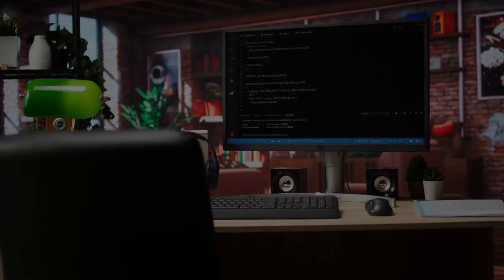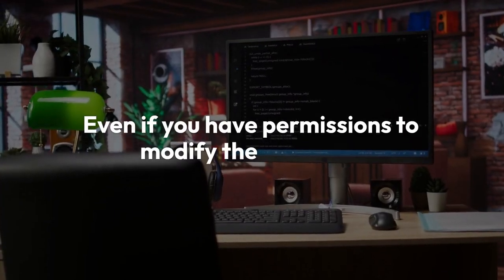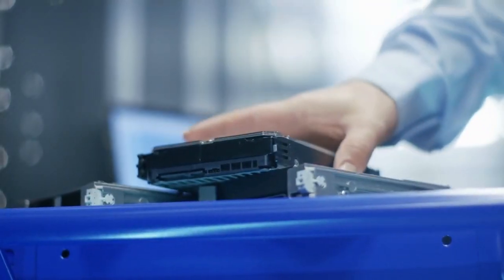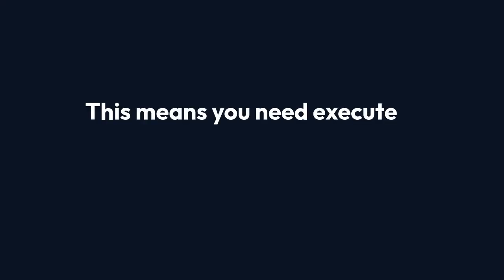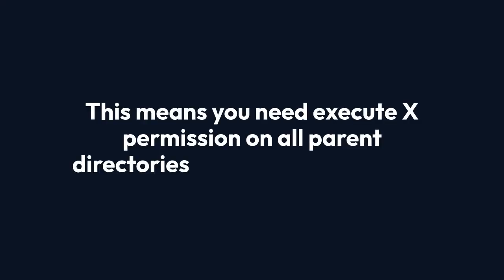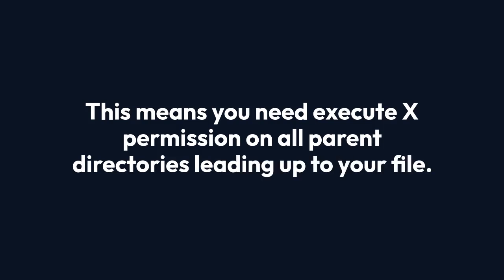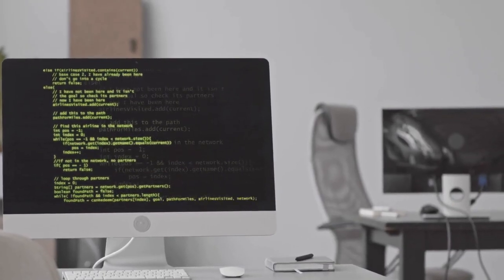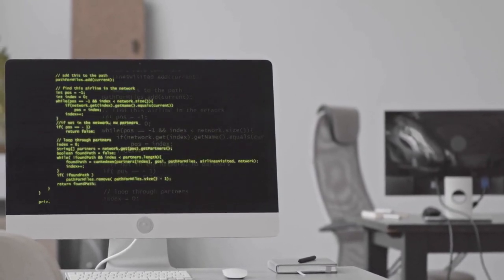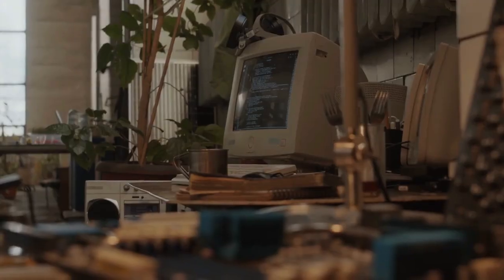Fifth, and this is a subtle but very common issue, check permissions on parent directories. Even if you have permissions to modify the file itself, chmod needs to be able to traverse the path to reach it. This means you need execute (x) permission on all parent directories leading up to your file. For example, if your file is /home/user/documents/report.txt, you need execute permission on